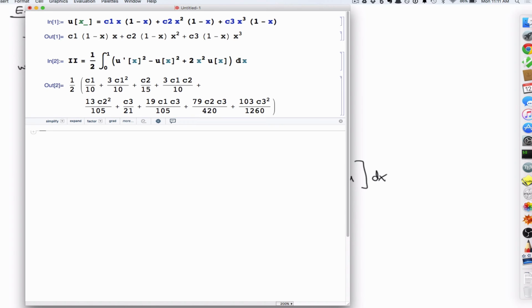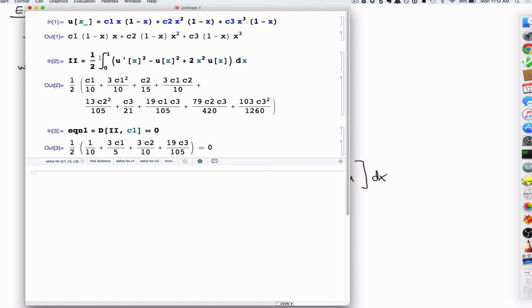Okay, so Mathematica performed the integration for me, so now you see it's just a function of the c's, right? So then I can make three equations. Equation 1 is equal to dI/dc1, and that's equal to 0. So there's one equation. So taking the derivative with respect to